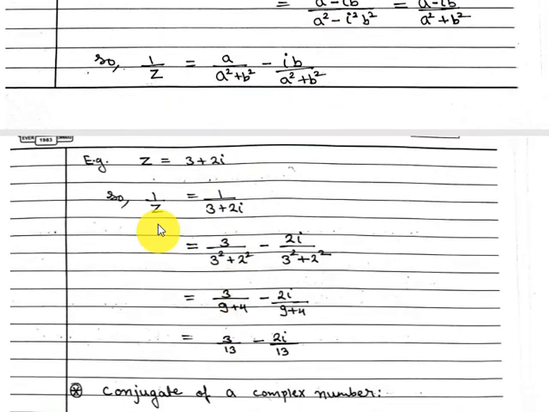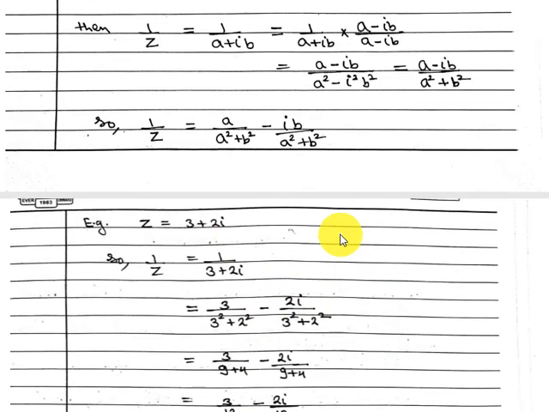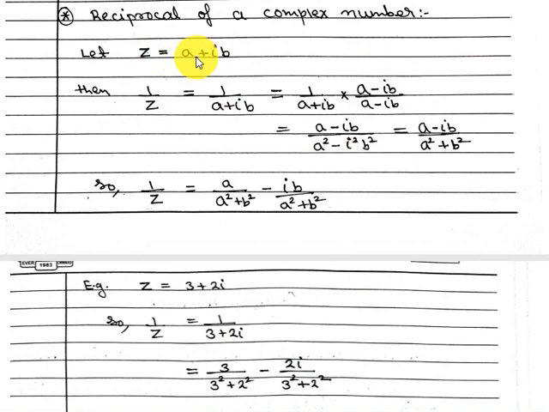Now for example, here I have taken a complex number z is equal to 3 plus 2i, and I am looking for its reciprocal. So 1 by z will be its reciprocal, that means 1 upon 3 plus 2i. As I told you, in the denominator we don't want a complex number, that means we don't want anything in terms of i, so we will rationalize. But all the time you don't have to rationalize. You should remember that if you have a complex number z is equal to a plus ib, then the reciprocal comes a minus ib upon a square plus b square.